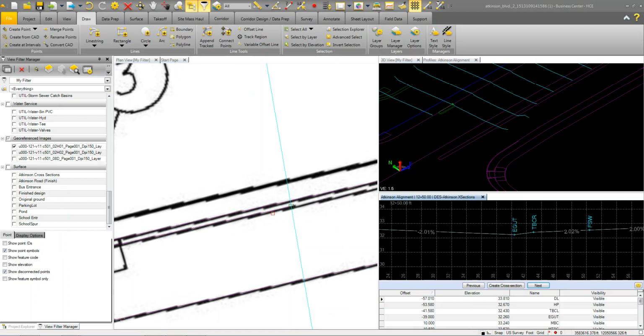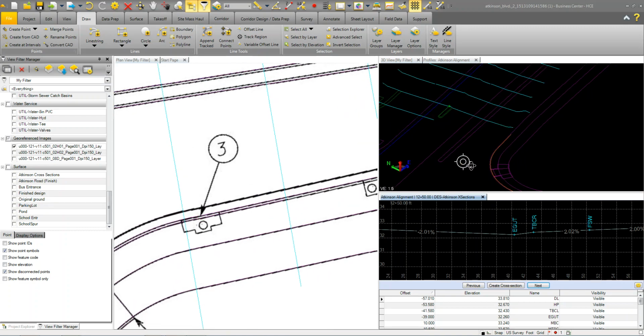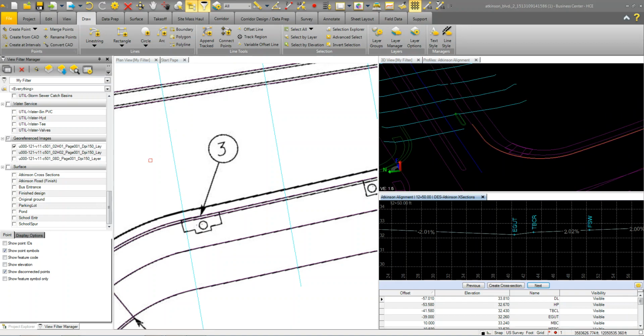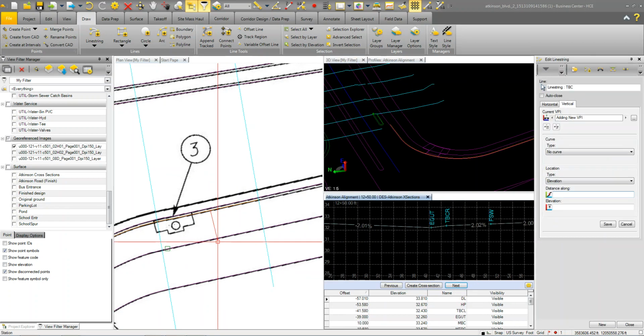Now that I have the top back of curb, I can come in here and I can elevate this. So I'm just going to kind of turn this guy around a little bit so you can see. I'm just going to right click and go to edit, and you can see that I'm in the vertical mode, and I can move my cursor where I want to put it. So what I'm going to do is set a vertical point at the end of that line. Now the elevation for the end of that line is going to come from this top back of curb. So